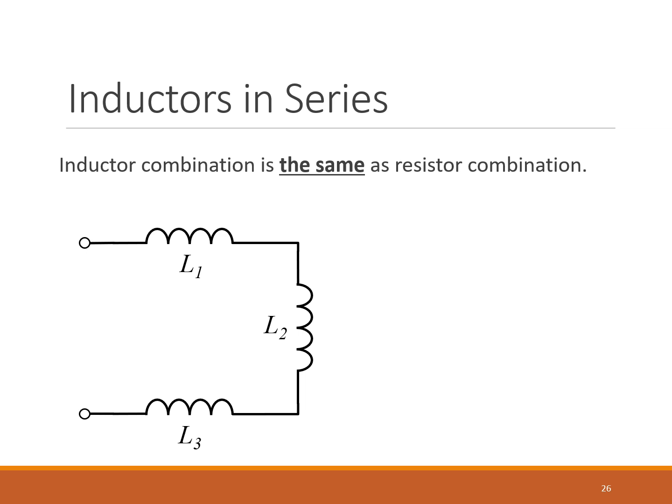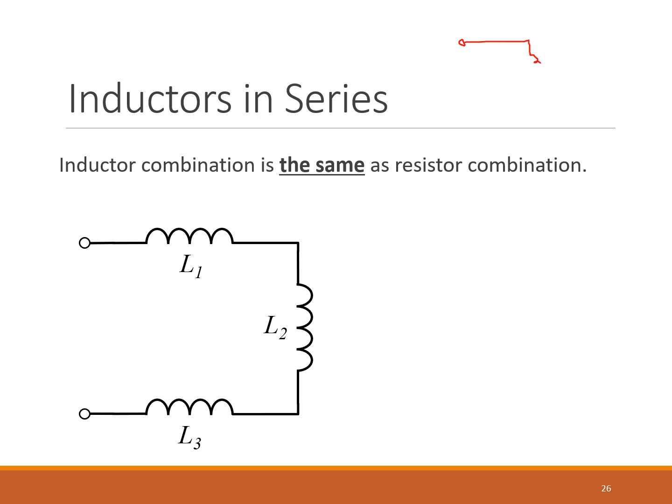We've seen previously how to find equivalent resistance for circuits that have multiple resistors, and we've also seen how to find equivalent capacitance for circuits that have multiple capacitors. We're going to do the same thing here for our inductors. And so real briefly, the idea here is going to be the same as what we saw for both resistors